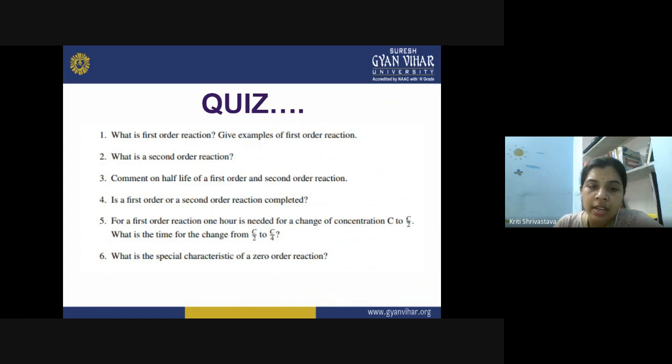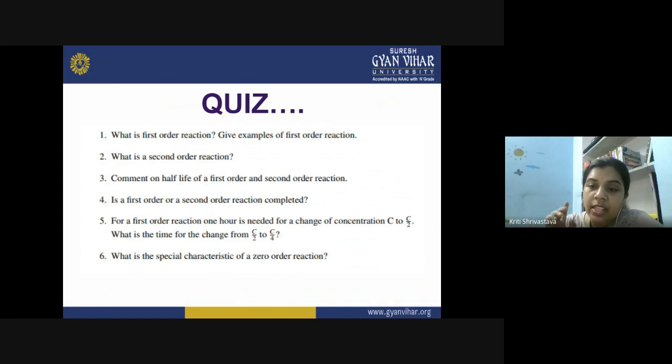So that is how you solve the equation, and you can get the expression for the half-life of that reaction. Then the fourth question for you is, when a first order or a second order reaction is completed. You have to find out when the reaction will complete, when you consider it as a complete reaction. Because when you plot the graph between the concentration and time, after a certain time interval, what happens? The concentration of the reactant never becomes zero, right? It becomes constant. So the rate of change of concentration becomes constant.